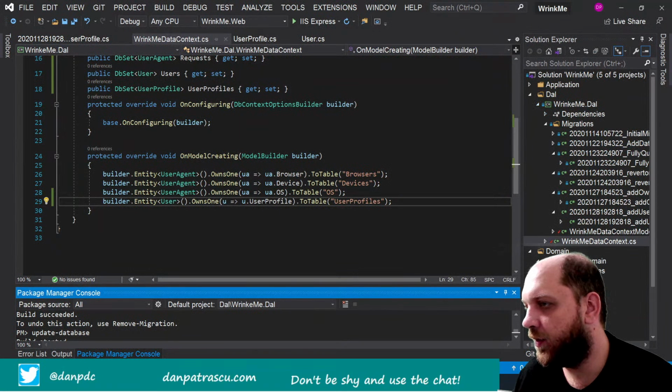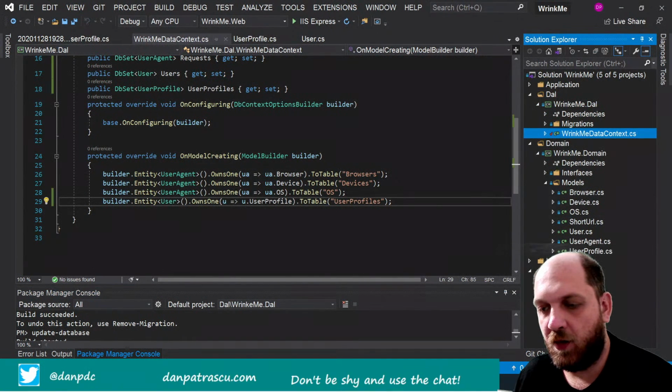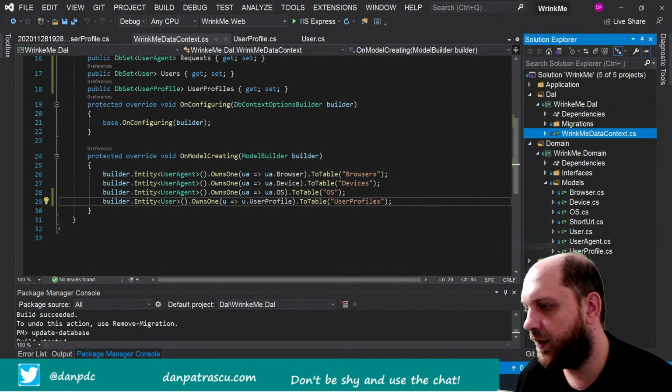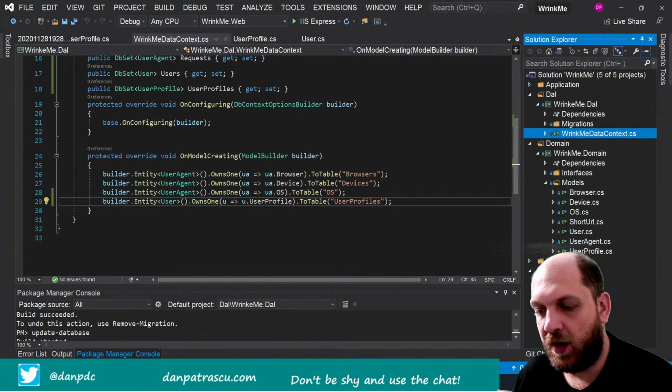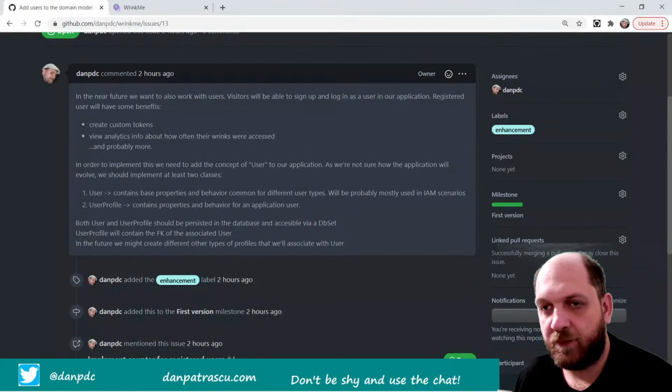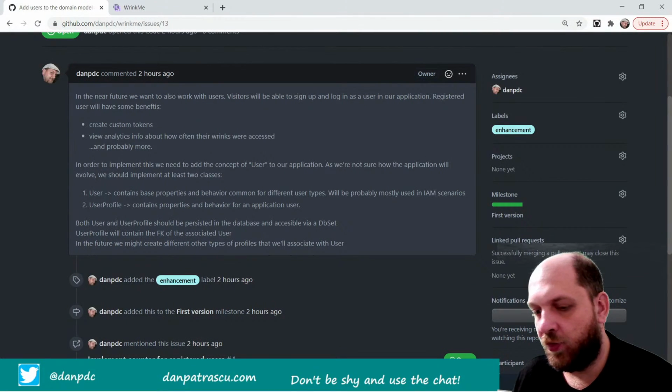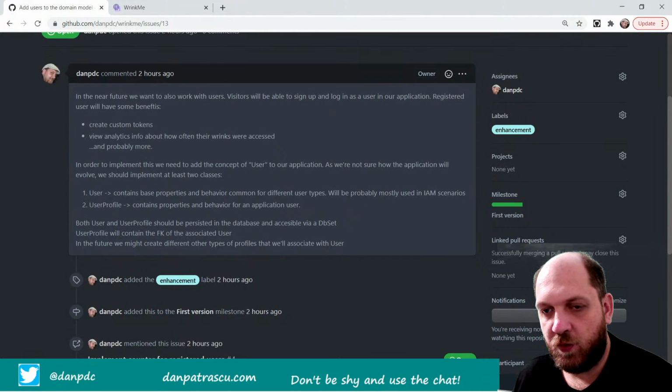So I guess that with this one, we mostly have implemented the concept that we had in this issue. So we have user, we have user profile. Of course, we will look in the future to add more properties to the user profile based on what we actually need. But right now,